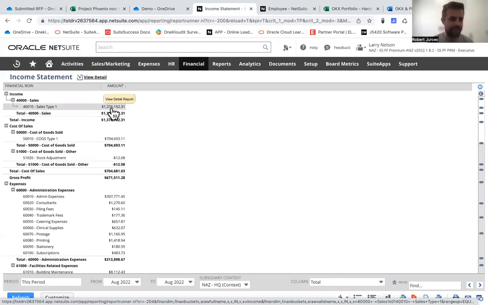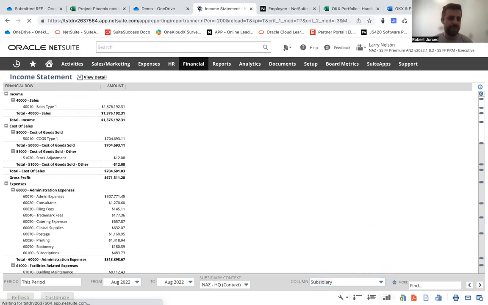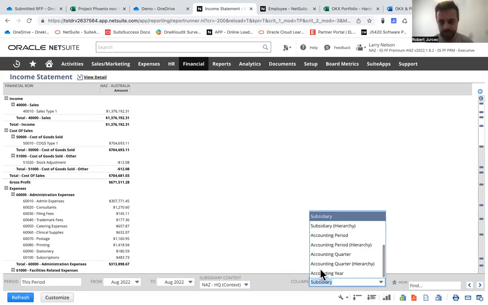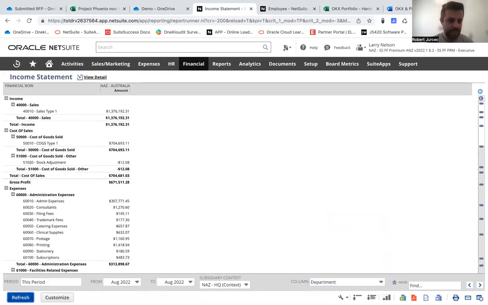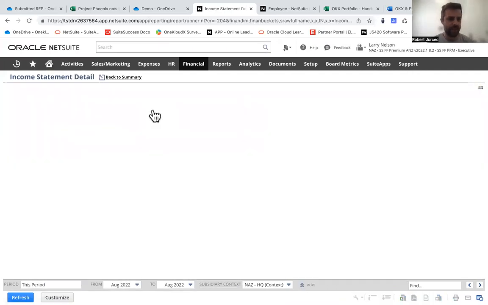But if you want to be able to slice and dice this particular income statement and take a look at, okay, let's see what it looks like across the different subsidiaries as an example. At the moment, because I had the subsidiary navigator at Australia that I selected earlier, hence why I'm only seeing Australia. But if we want to change and look at the different departments in terms of the P&L by department, there you go. By department, you can look at the individual elements and then drill down to see, okay, for